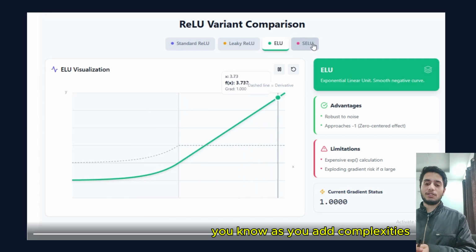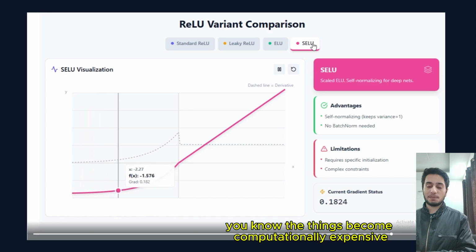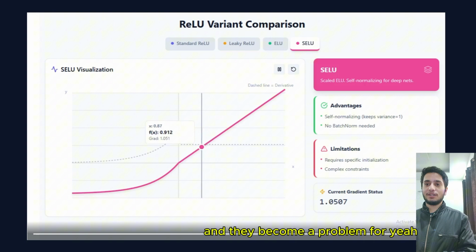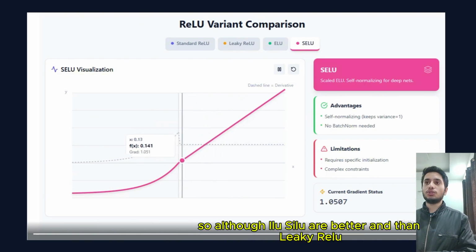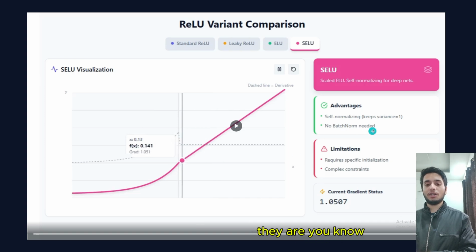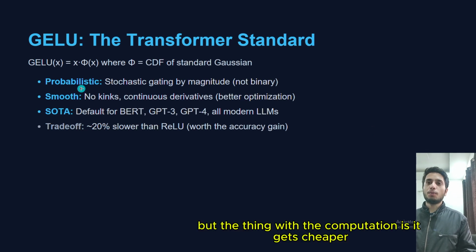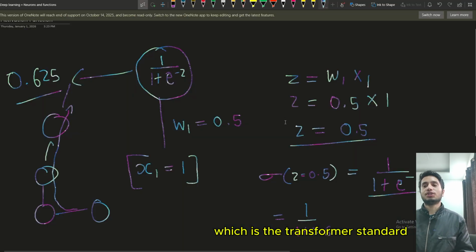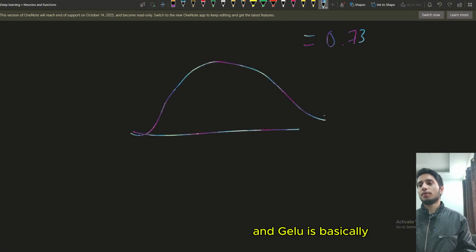as you add complexities, things become tougher. They become computationally expensive and a problem to compute. So although ELU and SELU are better than Leaky ReLU, they are computationally heavy, but the thing with computation is it gets cheaper. So nowadays we have come up with GELU, which is the transformer standard, and GELU is basically